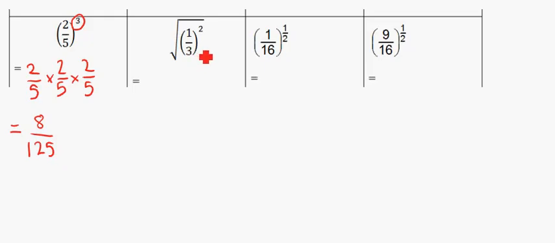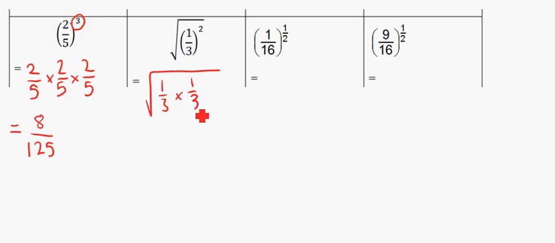Right, next one. Looks complicated, but actually it's very simple. We want the square root of 1/3 squared. Now you might know that square rooting a square will actually undo both operations, and we should be left with 1/3. For some proof of this, if we work out underneath the square root first, so we want 1/3 times